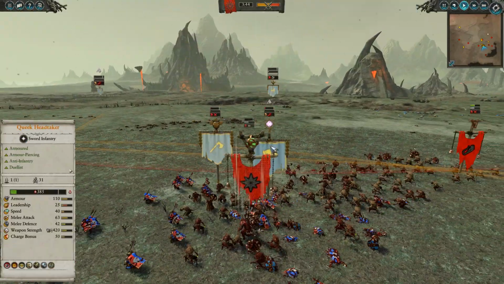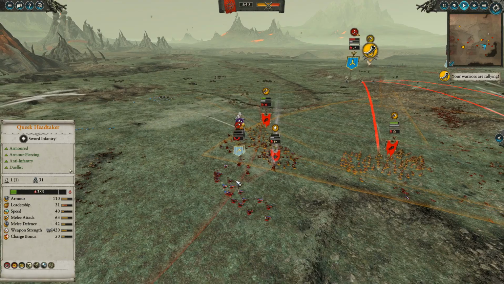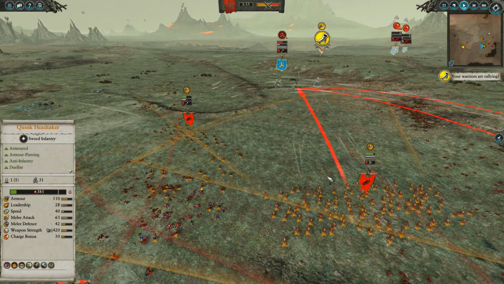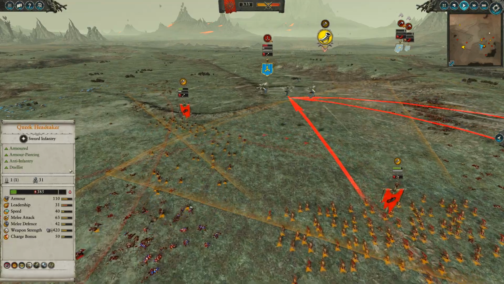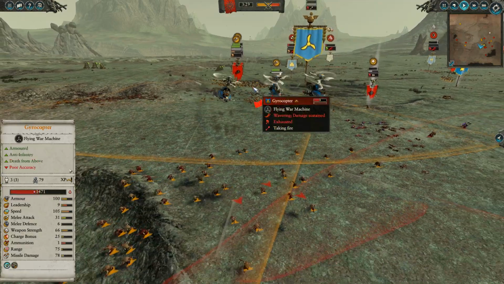Still fighting with his very, very low 385 HP, and the rest of the Dwarf units being routed off in this pocket as well. Gyros now going to take the crossfire from all the Sling Stones, and despite the fact they have 100 armor, over time, again, with enough volume of fire. And I definitely see what